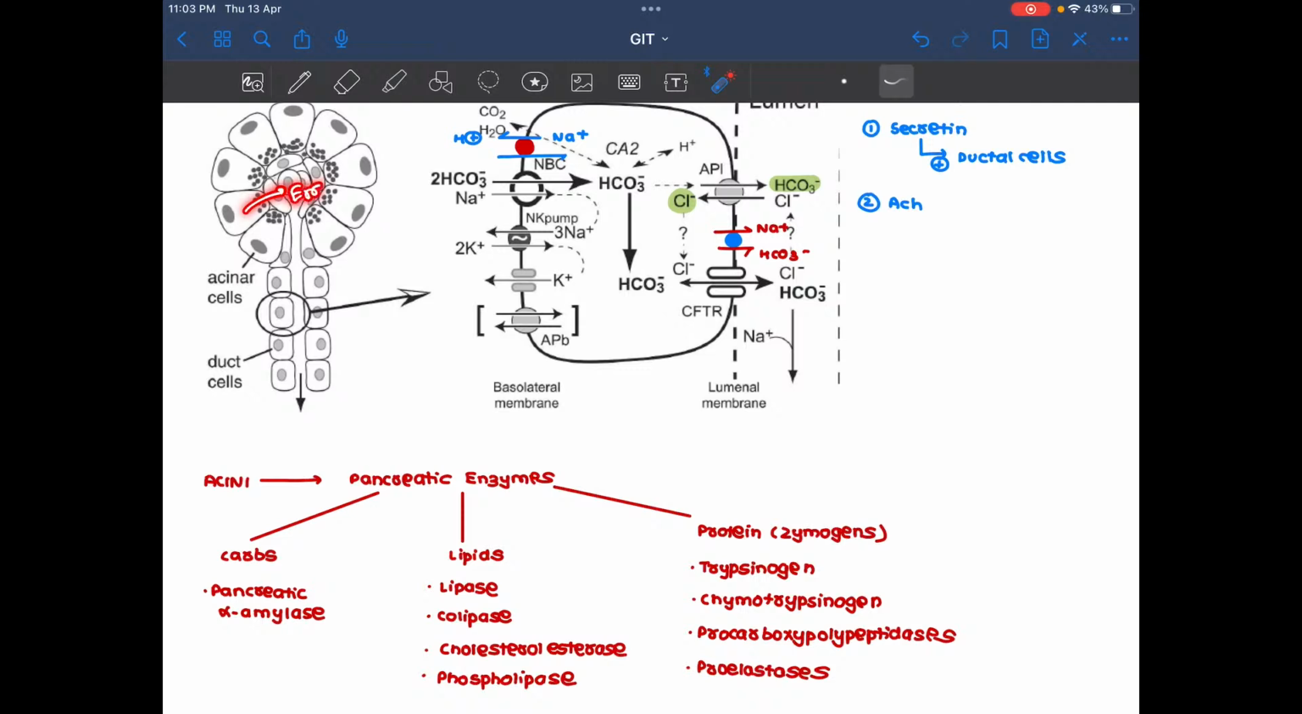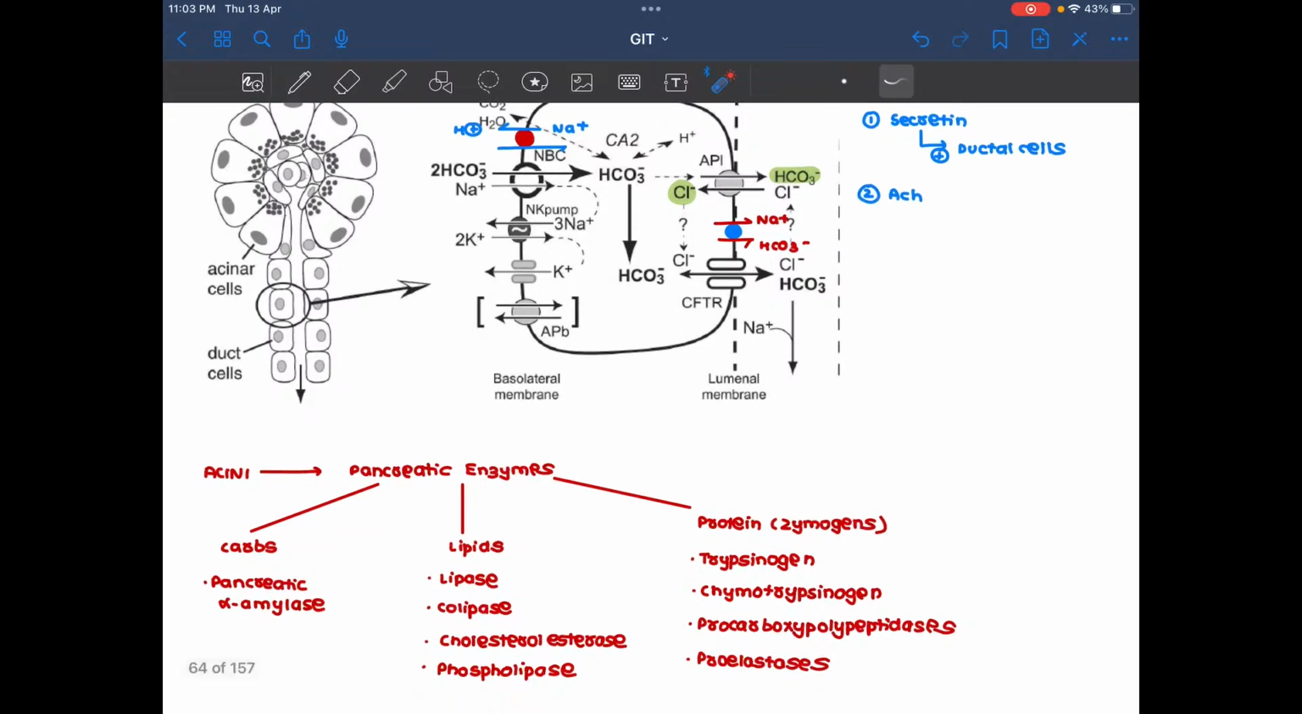Acini mainly secrete enzymes, and mainly it's the ductal cells which are forming your pancreatic juice. They secrete alkaline juice, rich in bicarbonate. We can have pancreatic enzymes that are formed. For carbohydrates, we have the